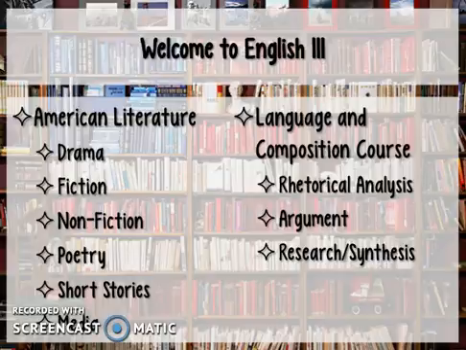And what this means is rather than focusing just on the literature and on things like symbol and metaphor and simile, and what is it and what does it mean, now we're pulling back the curtain and looking behind to see the inner workings. Now we are looking at who is the author, what is his purpose, who is the audience, and how the author achieves his purpose of persuading his audience to come around to his perspective. We will still be looking at simile, metaphor, all of those types of things, but now it's more in light of how these things help the author to achieve his overall purpose.